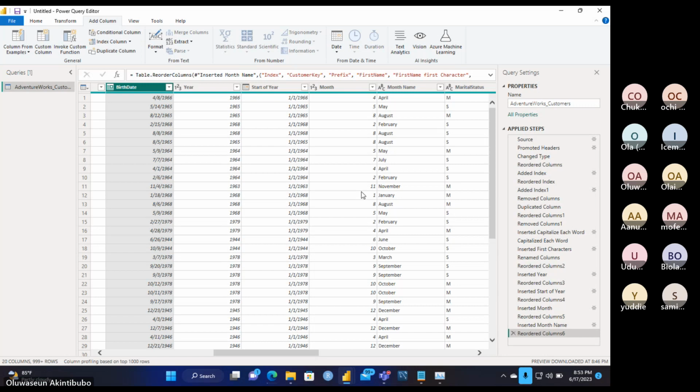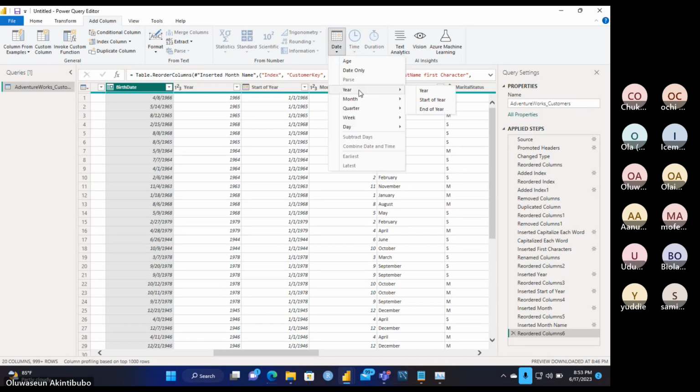Make sense? Okay. So I cannot select year, month, or all those things. I can see the option, but I can't select it. Because you are not clicking on the birthday column. Click on the birthday column now. So I did. The year is not active. Yes, none of them are showing. It's only showing past.